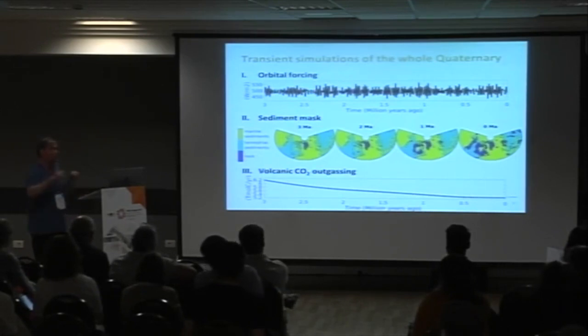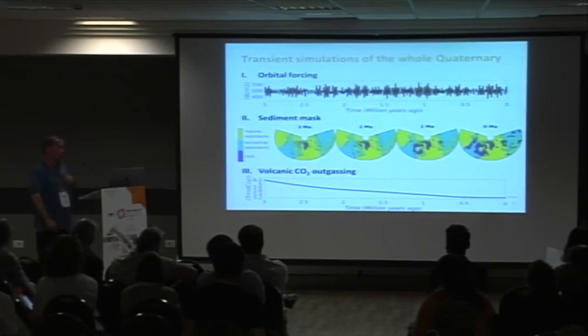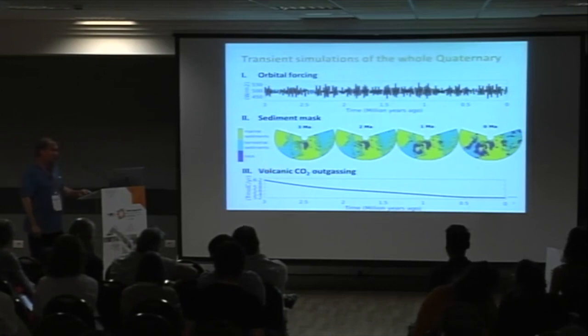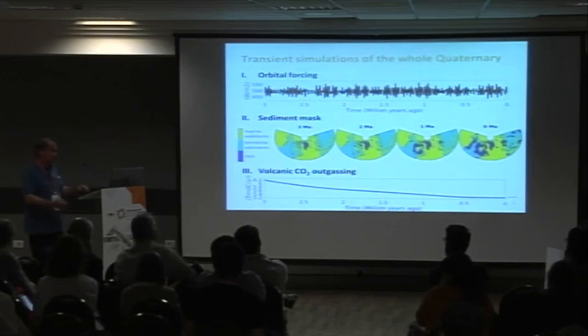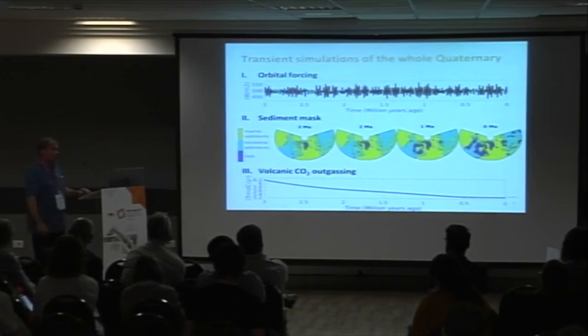But we solved a sort of inverse problem, and we found that the model requires 20% higher volcanic outgassing at the beginning of the Quaternary, or actually at the end of the Pliocene, as compared to the present. This not necessarily should be volcanic outgassing. The same 20% could come from an increase in silicate weathering, or a combination of these two. But because we have no idea about changes in silicate rocks over this period of time,